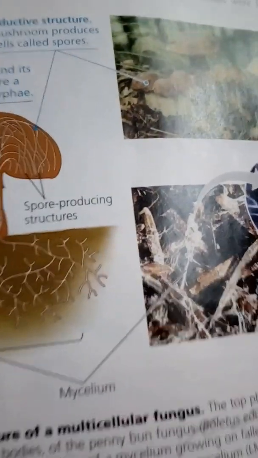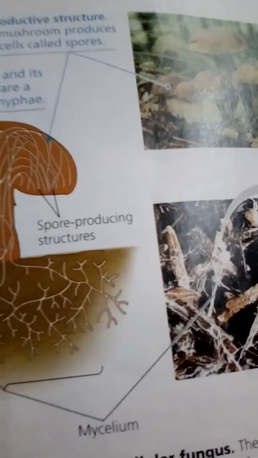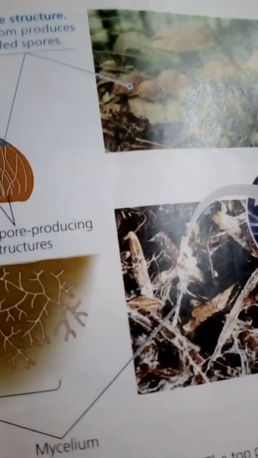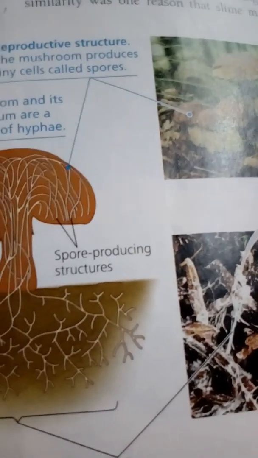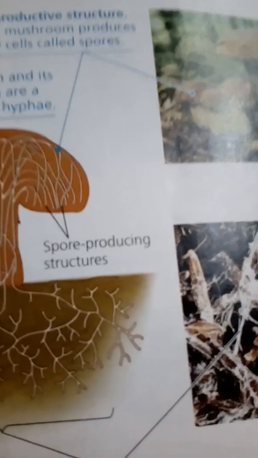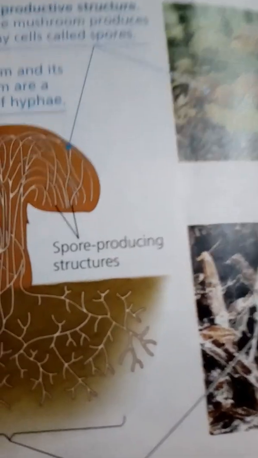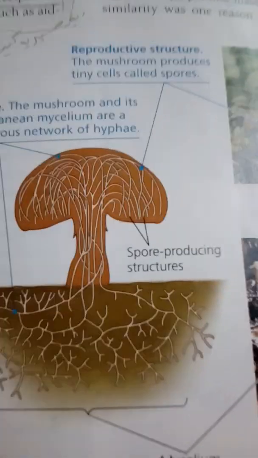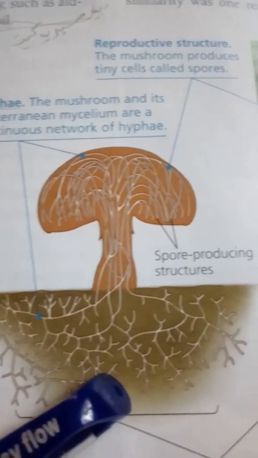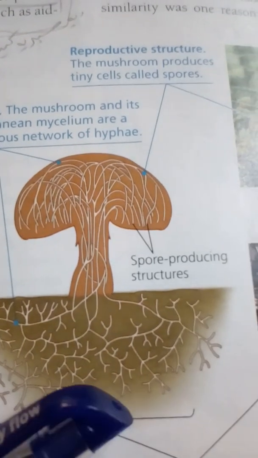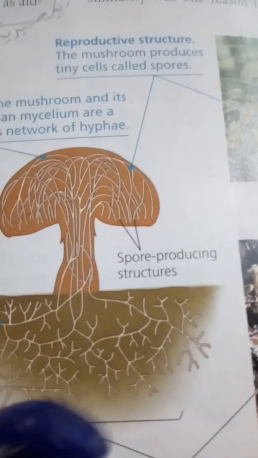Fungi, the body structure. Some fungi exist as single cells and are known as yeast. However, most species are multicellular. The morphology of multicellular fungi enhances their ability to absorb nutrients from their surroundings. The bodies of these fungi typically form a network of tiny filaments called hyphae, singular hypha. Hyphae are composed of